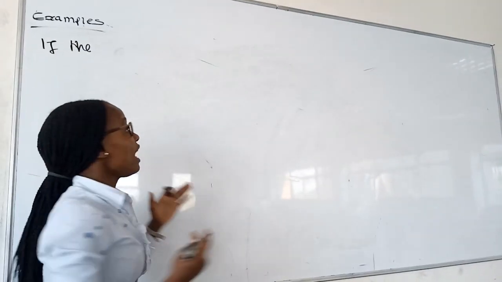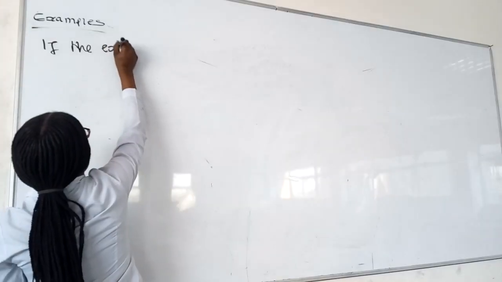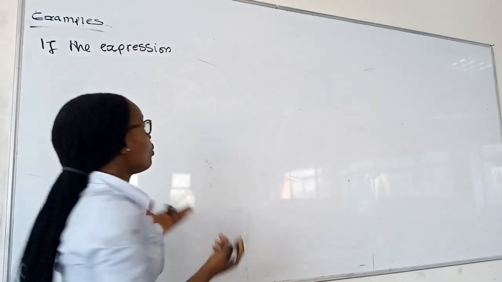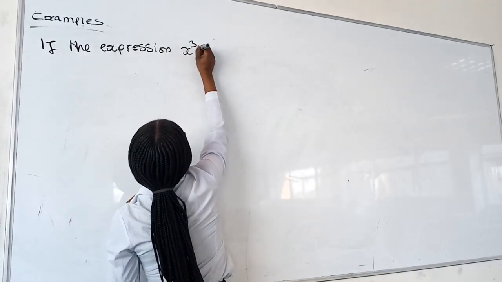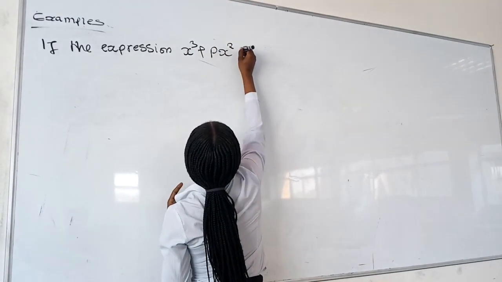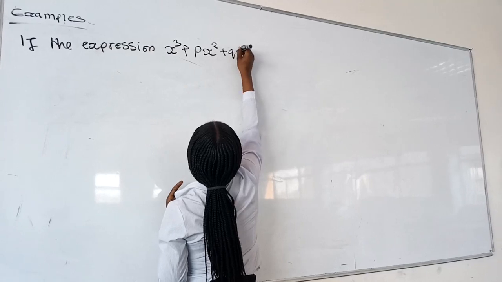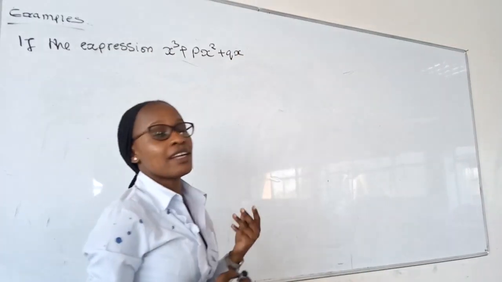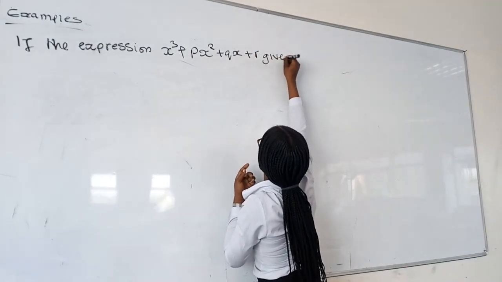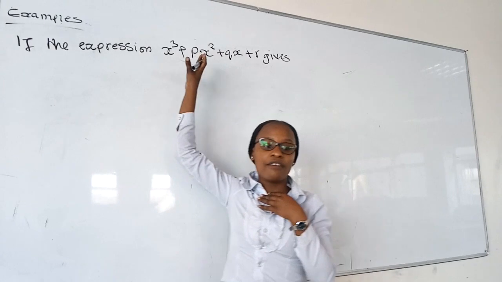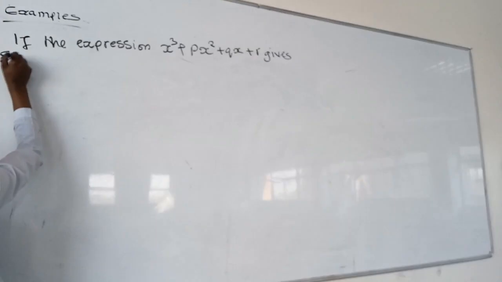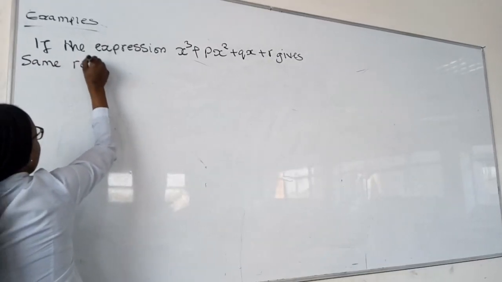if the expression, which is a polynomial, x to the power 3 plus px square plus qx plus r. So if this is the expression that we have, and we are told that it gives the same remainders,